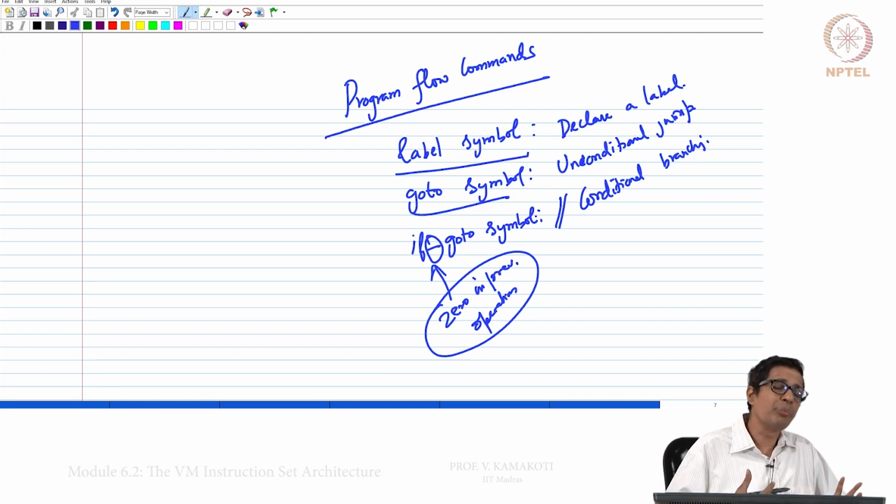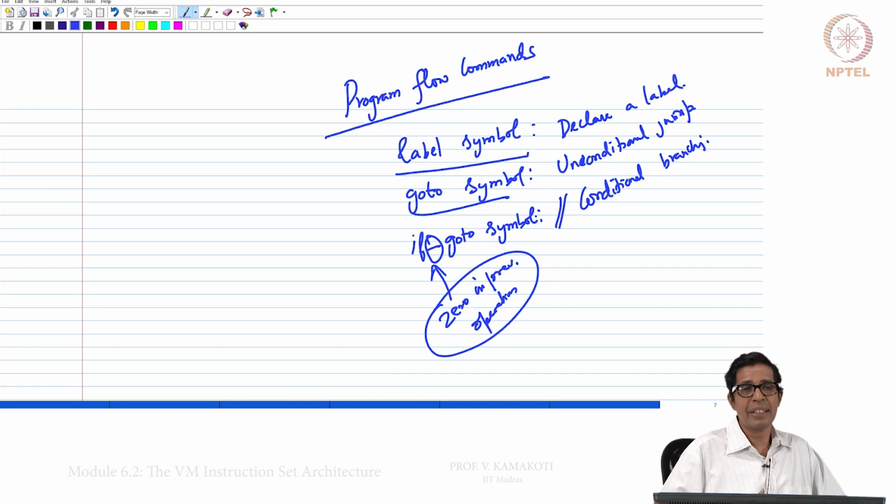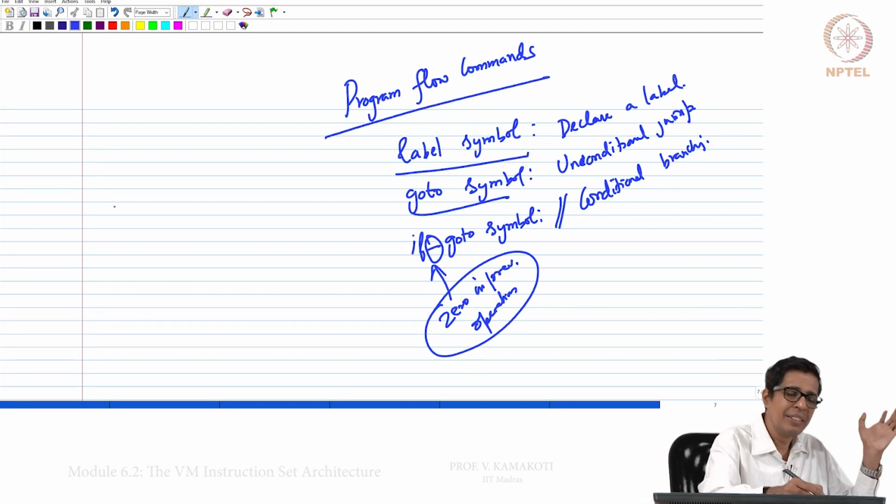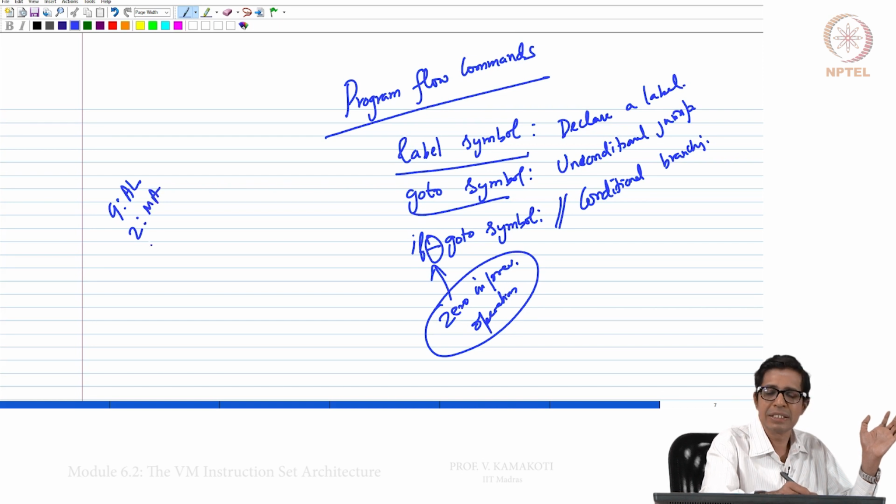So these are program flow commands in the sense that they dictate the way in which the program gets executed. And again, to repeat, we have 9 arithmetic logical, 2 memory access, 3 program flow,